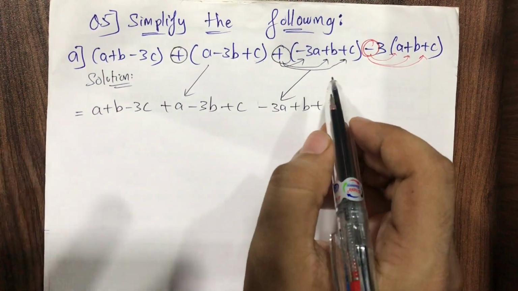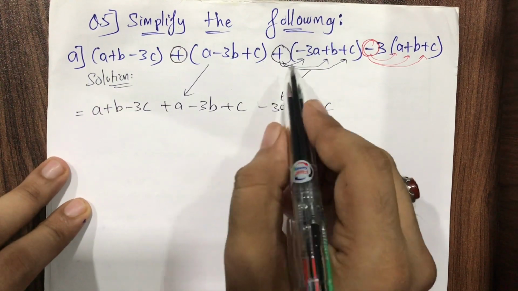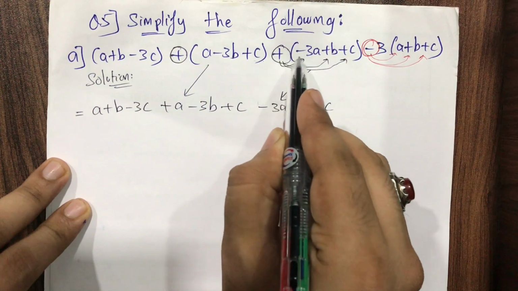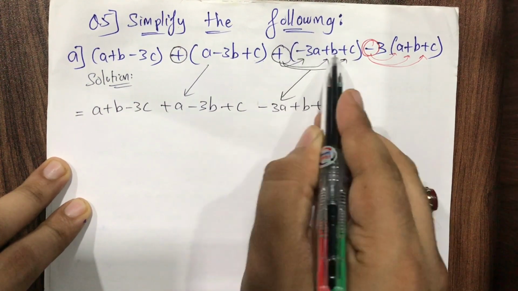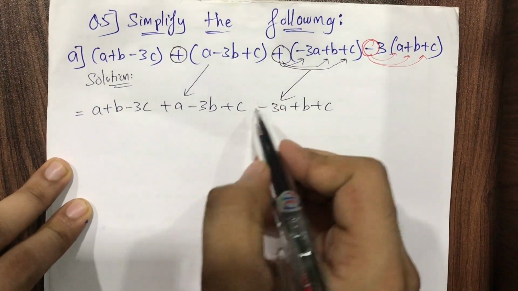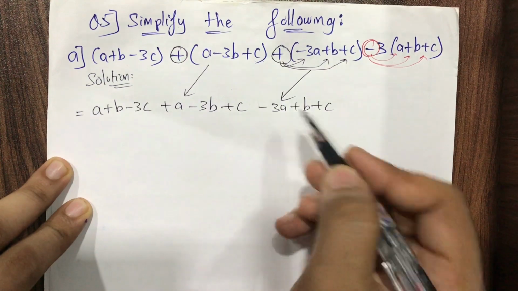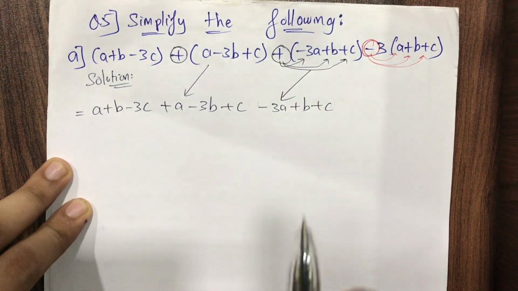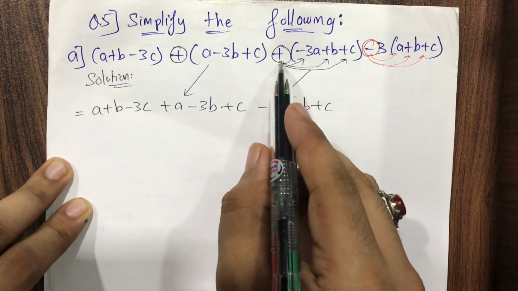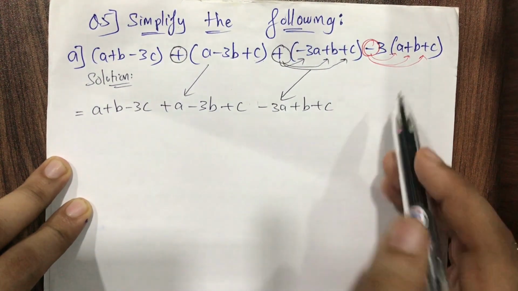Don't be under any confusion. That's why you did not write plus over here. Because the significance of the plus is that when this plus gets multiplied with each and every term of the expression, the exact same thing will come down. So there is no point of writing plus here, and here it is minus, so plus minus becomes minus only. So no need of writing plus here. That plus got multiplied with each and every term, and because of the plus, we have the same expression as it is over here.